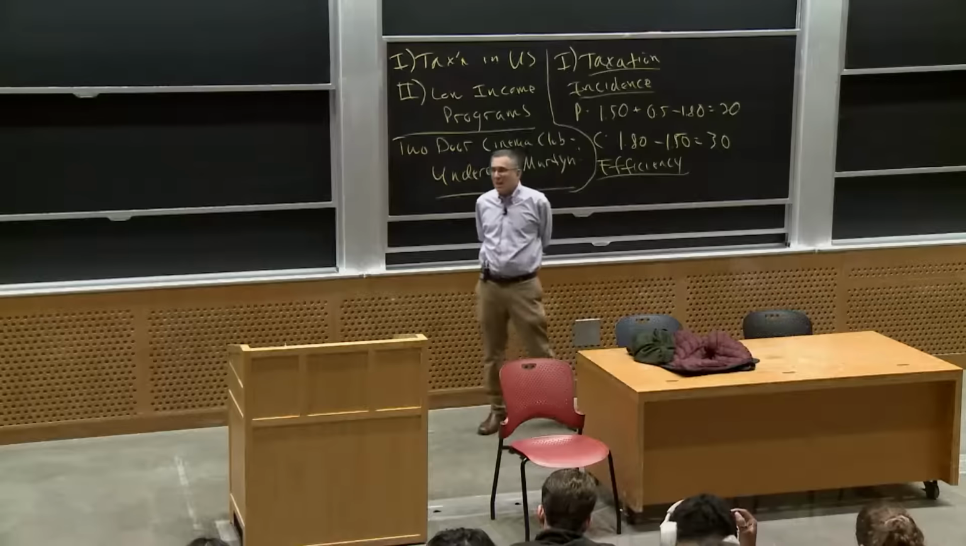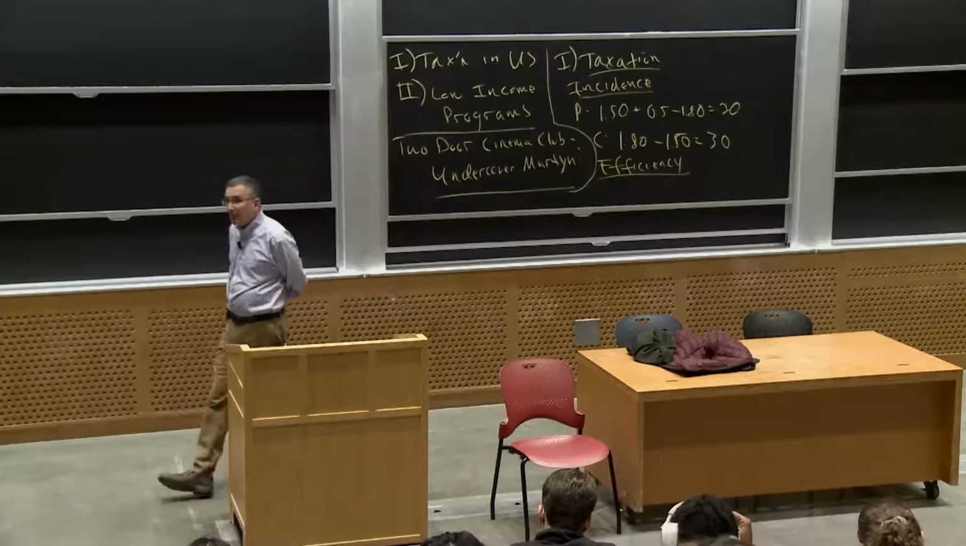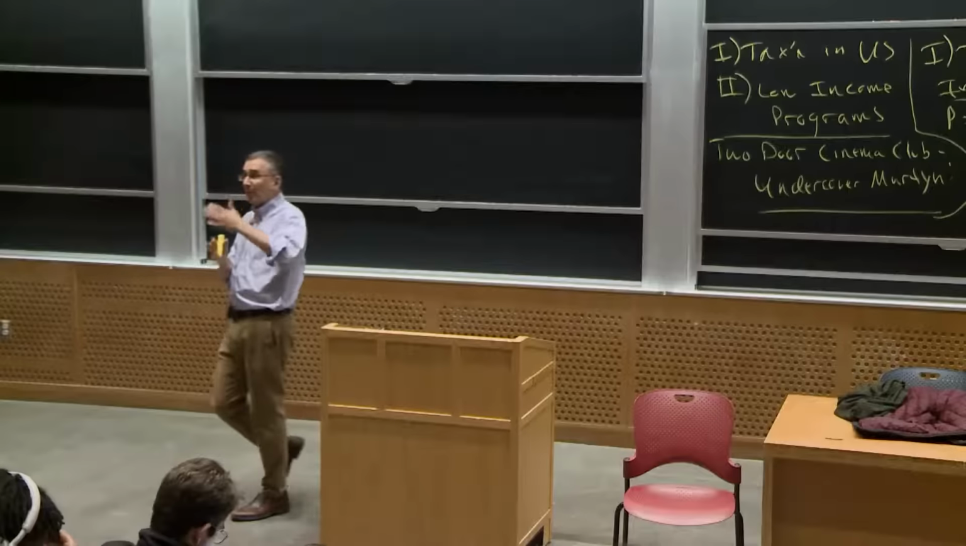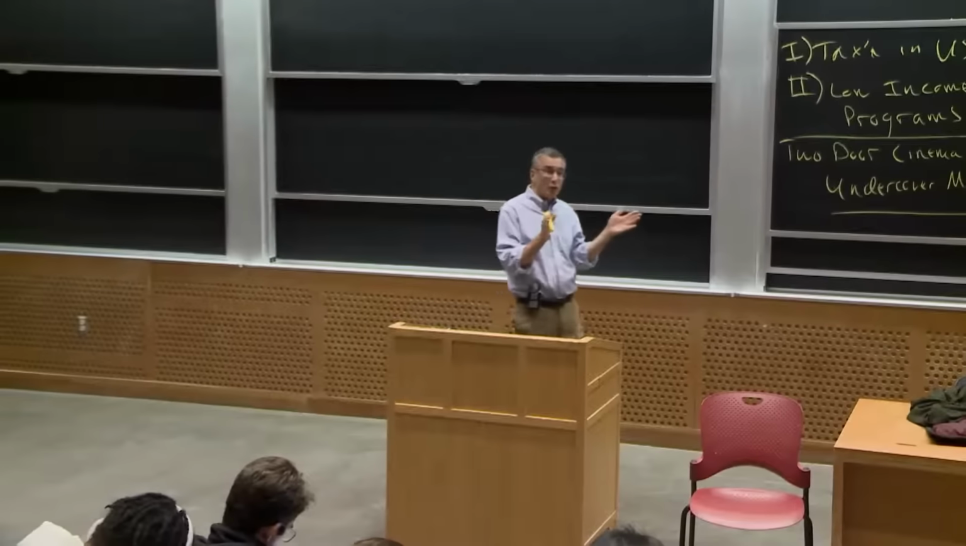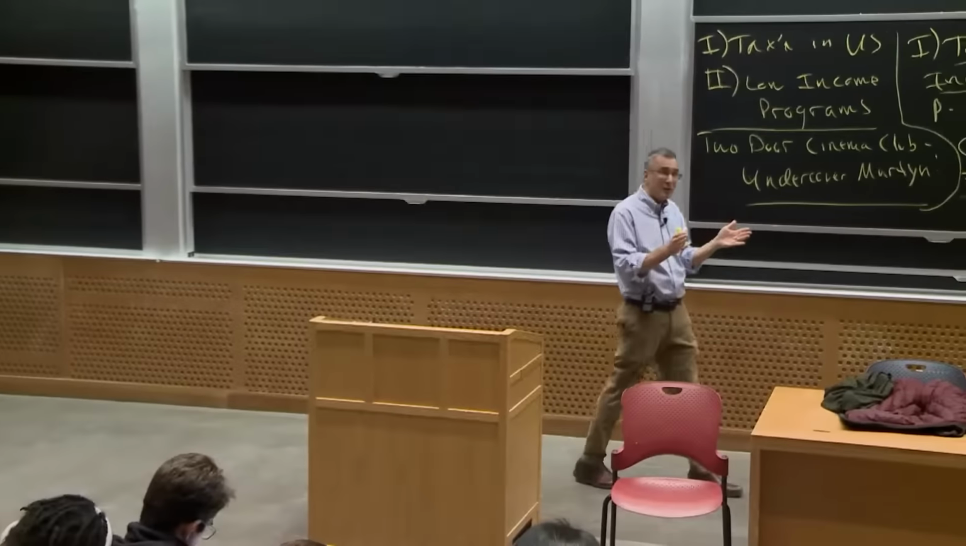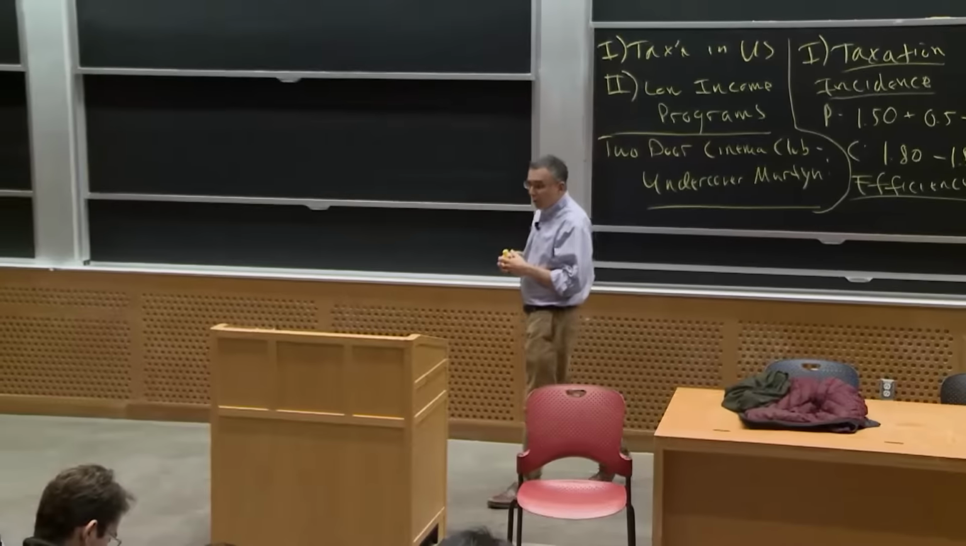Well, efficiency is what has happened to the social surplus. Fairness is about division of social surplus, and that's why I just focused on prices. Efficiency is about the size of the social surplus, and now we focus on quantities. Well, what's happened to the size of the social surplus? Well, it used to be,